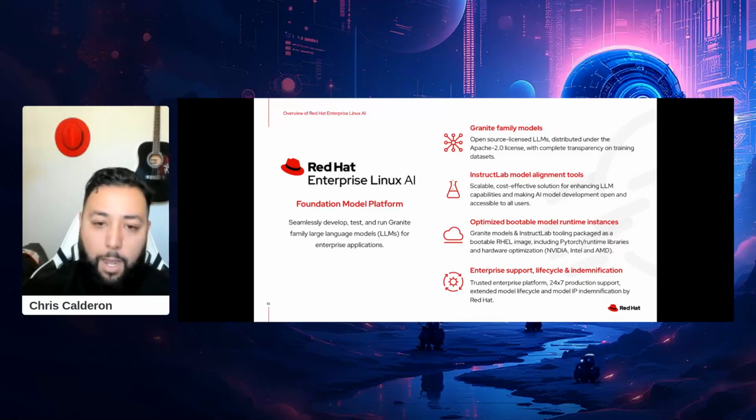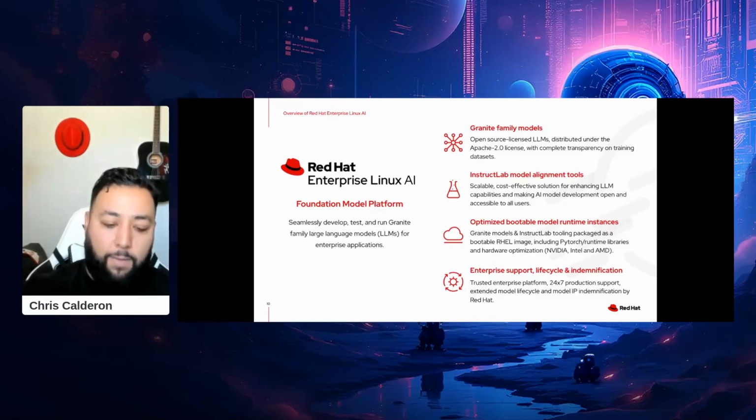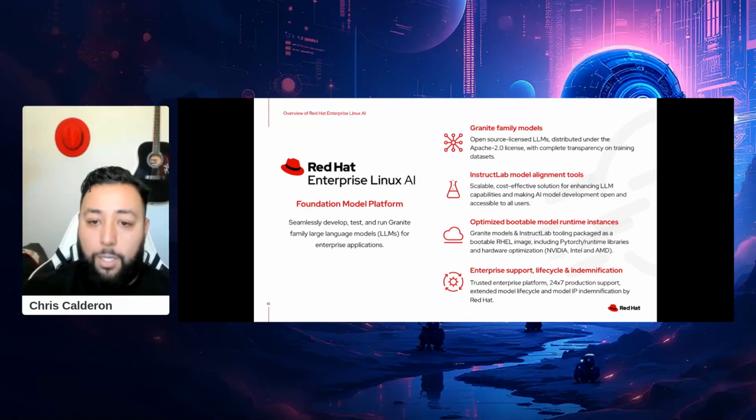But another thing to point out with our RHEL AI is the ability to do things like image mode and really make it a lot more lightweight, be able to have a single VM, have a lot of the features baked in from some of the model serving tools and some of the nuts and bolts, things like PyTorch and some of the other notebook functions, as well as now, since OpenShift AI is a bring your own model sort of approach, meaning we don't necessarily make models, we help you bring your own, third-party ISVs or in-house homegrown ones,